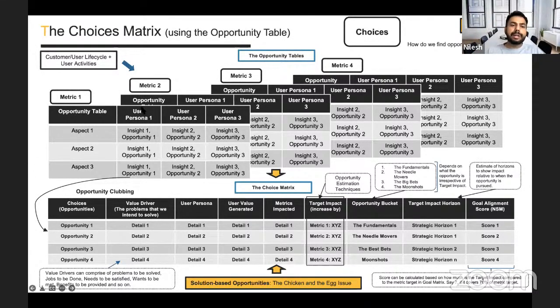That is the metric 1, metric 2, metric 3, metric 4. Now for each of these, you create an opportunity table. So you have to know that this is your metric. These are your users. For each user, what is the insight and what is the opportunity? So once you've derived all the insights, you map it to your user persona, and derive an opportunity out of